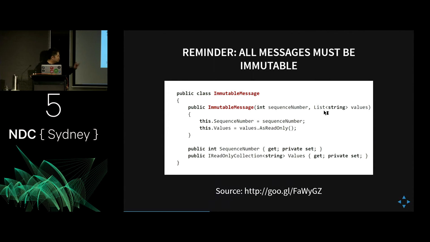And as you can see here, this is pretty much an example of what you would do for an immutable message. You've got all public getters and private setters, and in Akka or Akka.net, what it does is it handles all the serialization for you. In some form or fashion, it would serialize this down to either JSON. I think the latest versions do binary serialization. You could always check with Aaron.